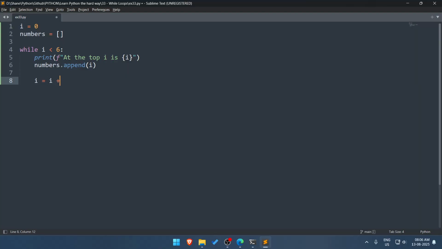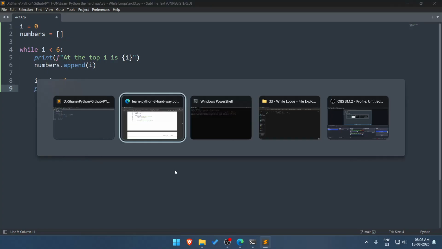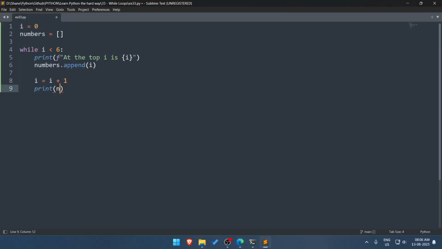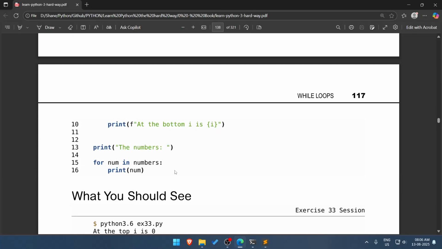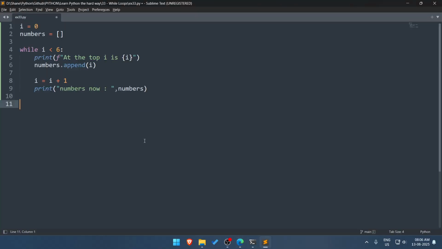Then we increment the loop, I equals I plus 1. Then we print numbers now. And then finally, we print I at the bottom.